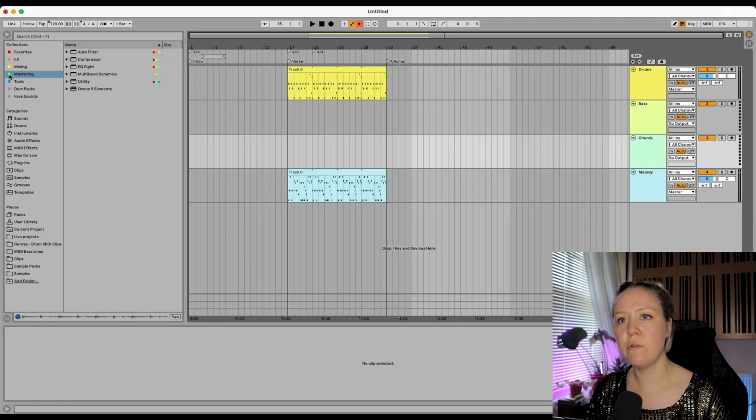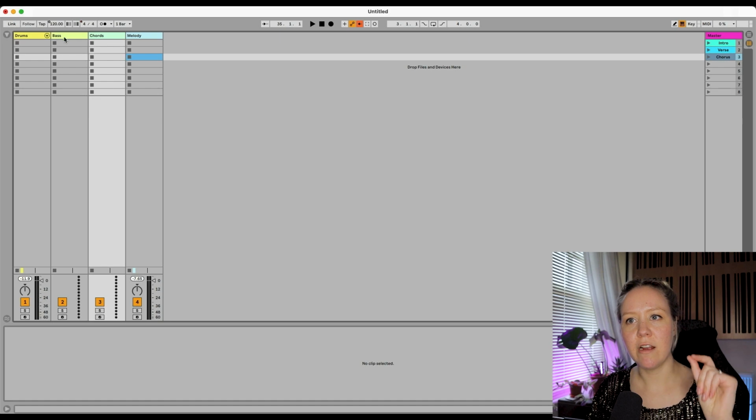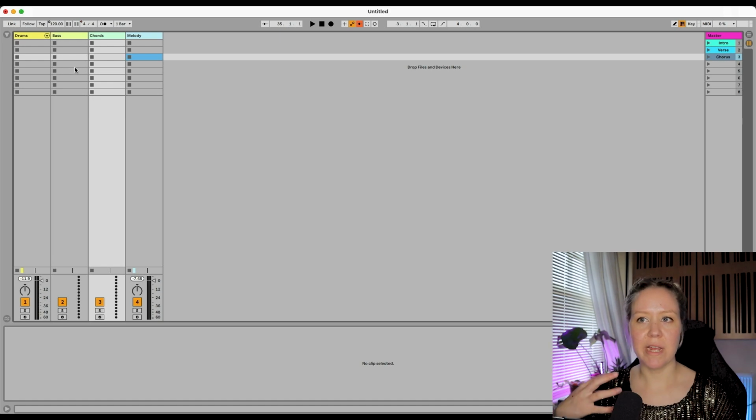Because as soon as you go into arrangement view like this, where you're seeing things linearly, you start to think, oh my God, it needs to be a ready-made song. It needs to be 3.5 minutes. It needs to be structured and wonderful. You just need to go here and throw things in and start arranging in there first before arrangement view.